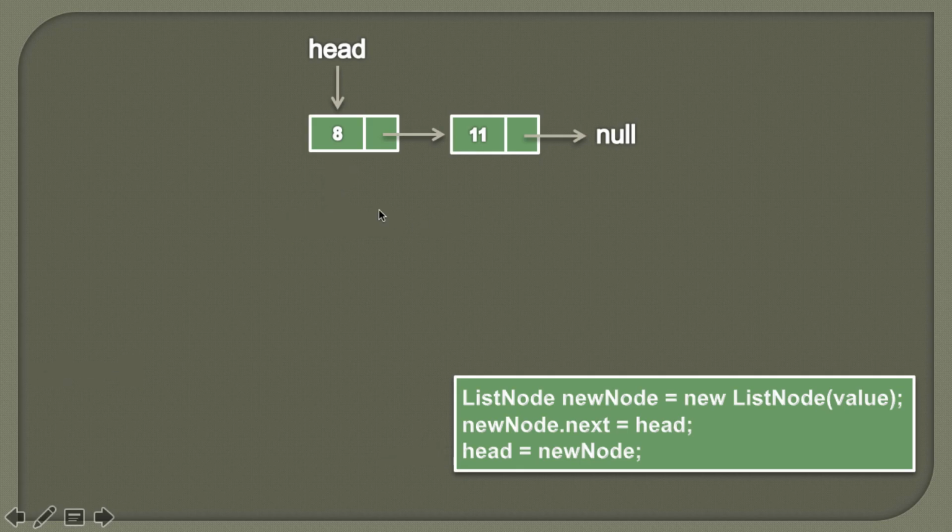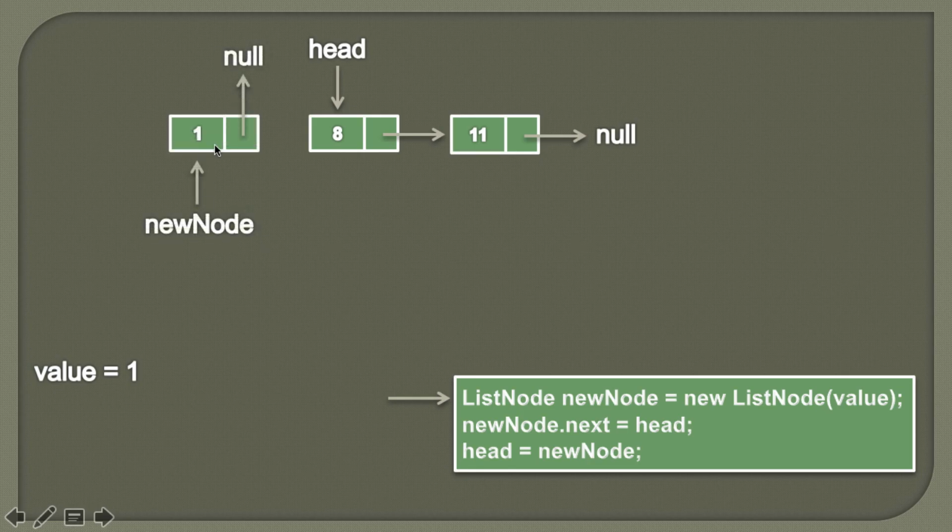So friends, after we insert this new node having the data as 8, the linked list now has 2 nodes. And here you can also see that whatever node is inserted is now at the beginning of this singly linked list. So friends, let's suppose we insert one more node to this singly linked list with a value of 1. So this algorithm again gets executed. In the first step, we create a new list node. So it would look something like this. The new node is pointing to a list node having data as 1 and whose next is pointing to null.